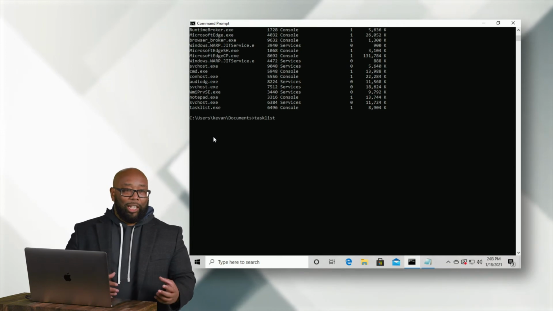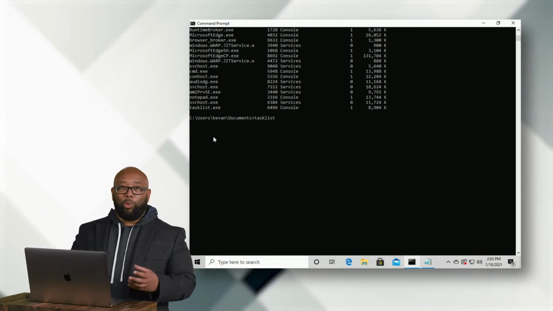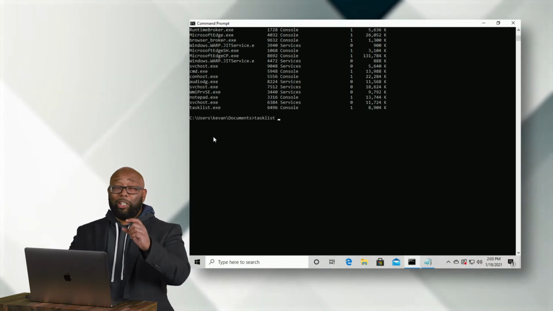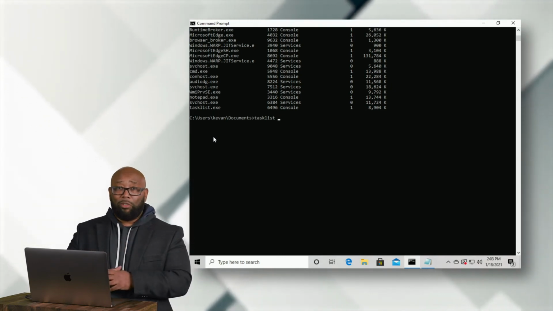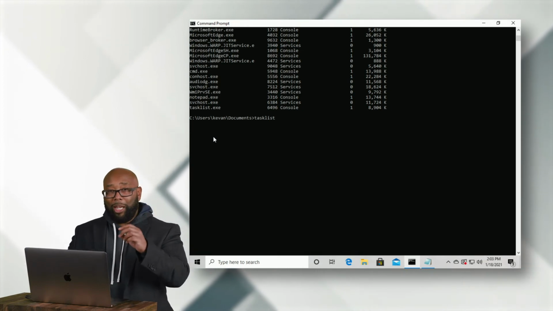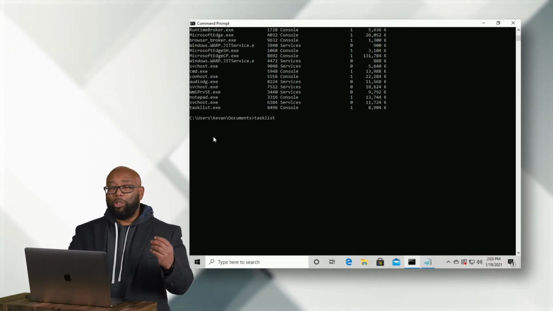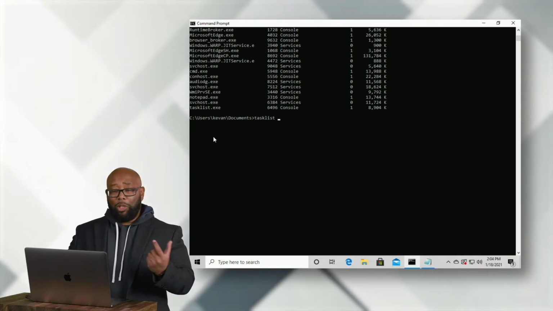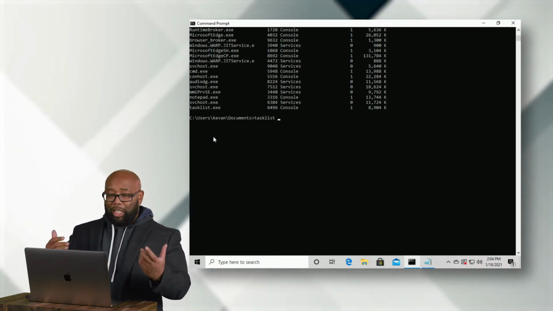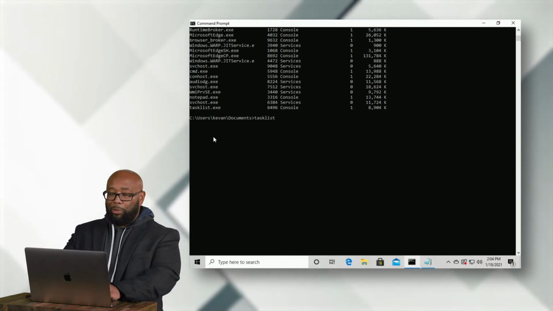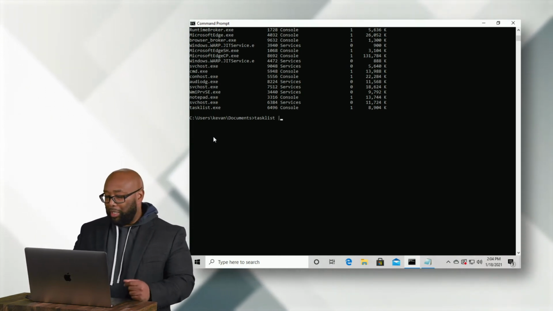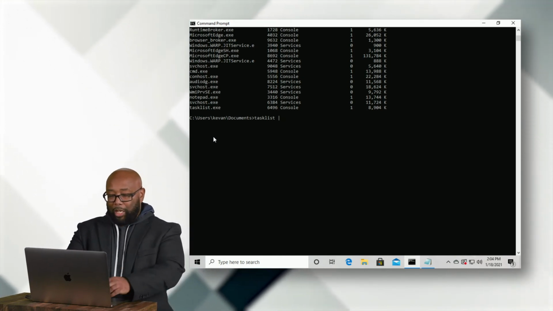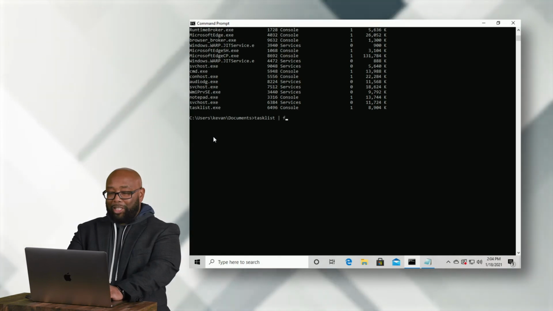But in the world of Linux, we use something called grep, which allows us to only see strings that meet the criteria that's in our grep operation. Well, we don't have the grep command in Windows, but we have something very similar called findstr. If I say tasklist, however, I'm going to pipe. If you don't know what that is, that's the key above your backspace, like shift backspace. And we're going to say findstr